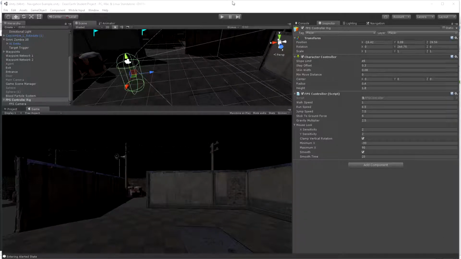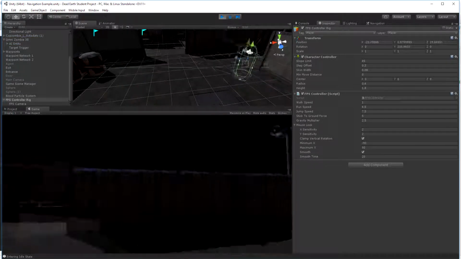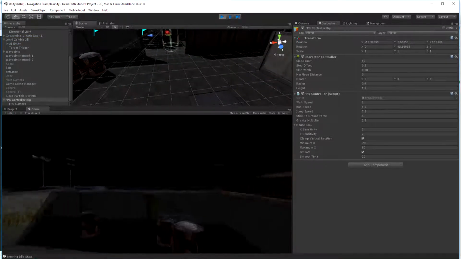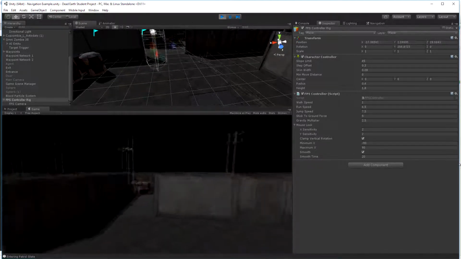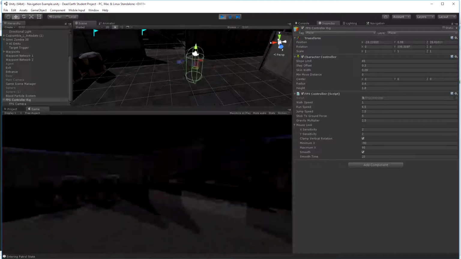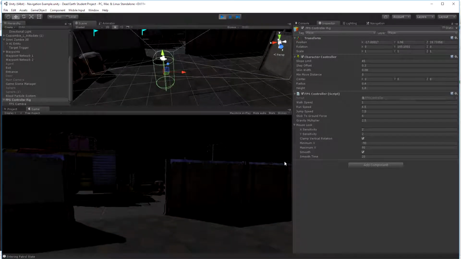At the end of the last lesson we had the basics in place. We had a controller that could walk, that could run, and could also jump up and down. Strangely, we actually forgot to test the jumping functionality at the end of the last lesson, but thankfully it all works fine. One of the things we can't do at the moment though is crouch,